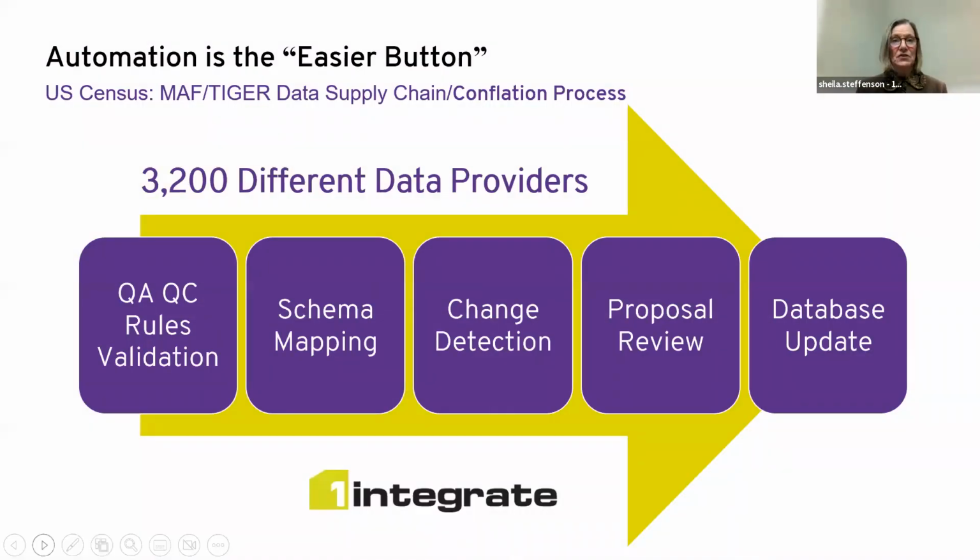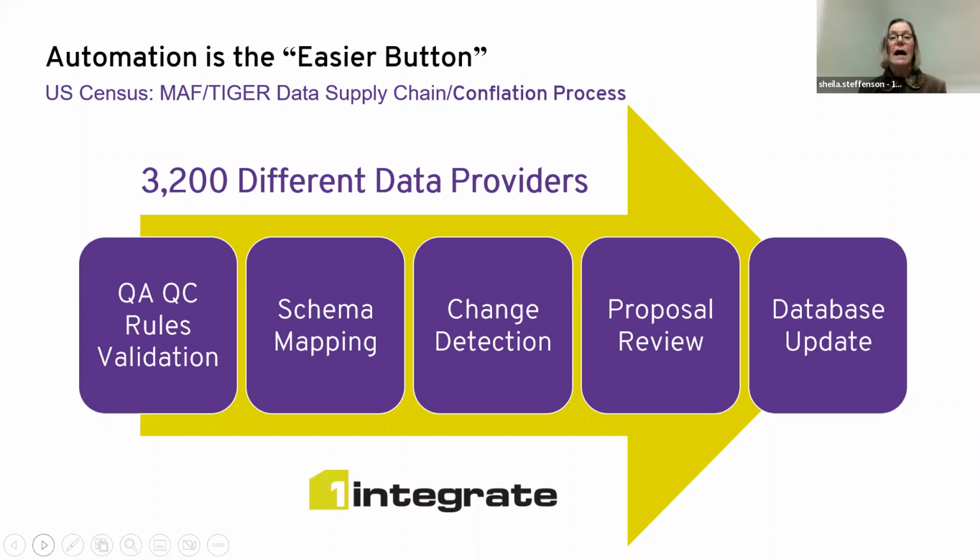So, earlier I mentioned our first client that was over here when I first joined 1Spatial. We were in the process at that point of establishing the spatial data infrastructure for the US Census for their MAF/TIGER. And for those of you who may not have been working with data quite as long as I have, the MAF/TIGER is a census-provided database that is public, and it is the master address file and the road centerline for the entire US and then some.